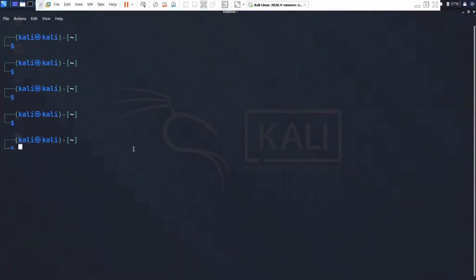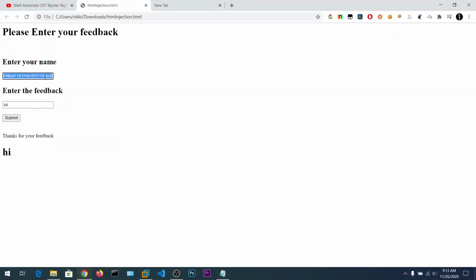Now we are going to listen with netcat on 1234. We are going to create a phishing site that will look like a username, a password, and a submit button. In a real case scenario, you won't get these text boxes after clicking submit. It will redirect to another page, but this is a simple static serverless web page. In a normal scenario, when you click enter after your feedback, it will redirect to another page and say thanks for your feedback, or even not show it in the same page.